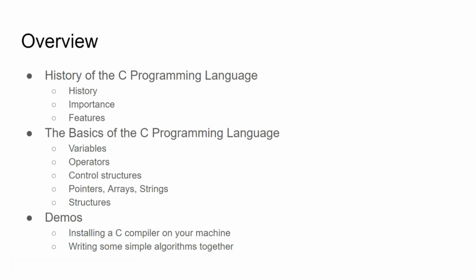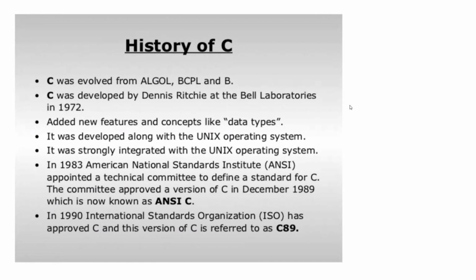So in that case, now that you guys know the general structure of what we're going to be going over, let's actually get into it. The first thing we want to go over is the history and the importance of the C programming language. I'm sure all of you know that C is one of the most important programming languages of all time. It was really influenced by the first languages. When you think of the first languages in existence, we're talking ALGOL, BCPL, and BCPL actually influenced